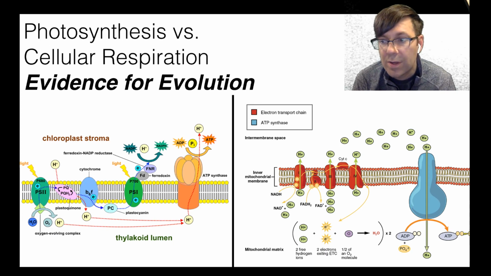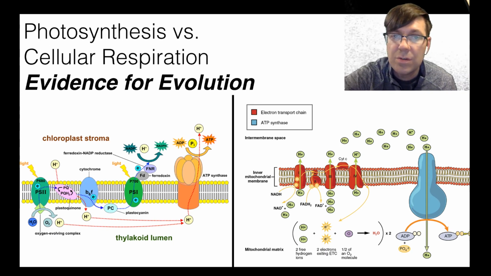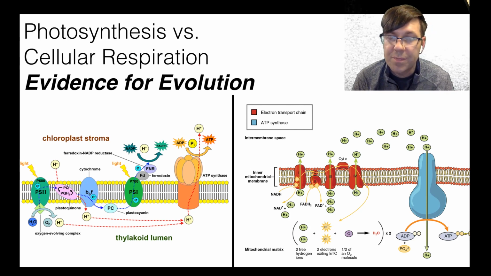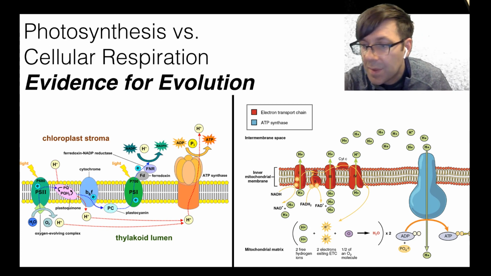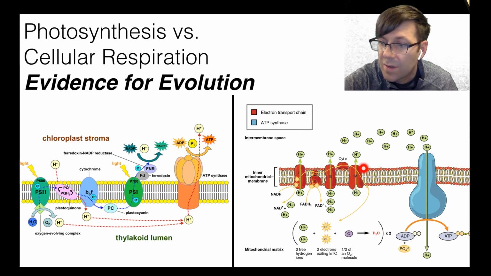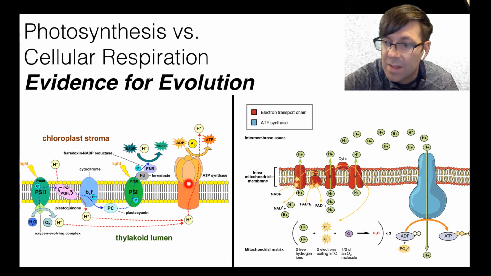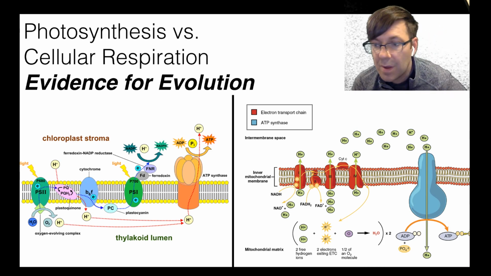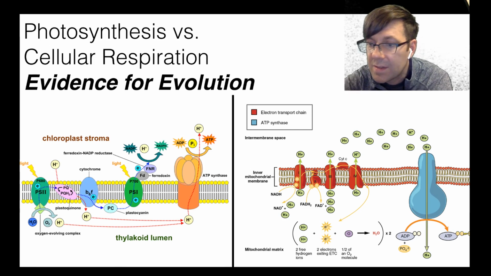Okay, so you may be wondering at this point, why did I put these two images together if I was only going to talk about cellular respiration? Well, the reason, if we look at this membrane with some proteins stuck through it and an ATP synthase, and then we go over to look at the chloroplast, we have this membrane. Okay, this is the thylakoid membrane. We have a bunch of proteins stuck through it, and we have an ATP synthase. These two things look remarkably similar. The only real difference here is that the